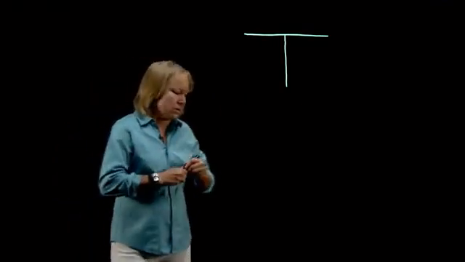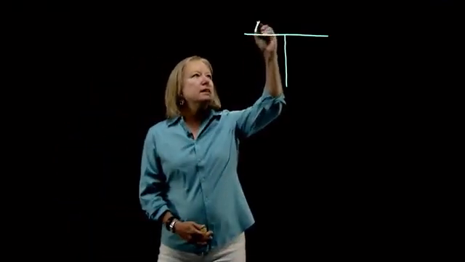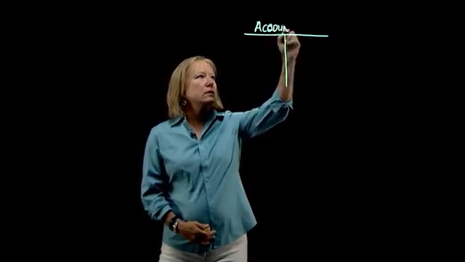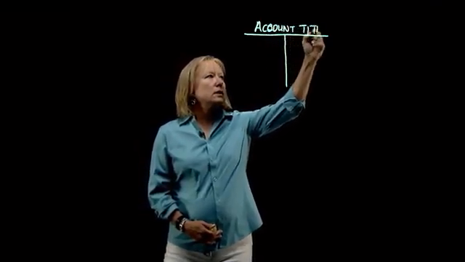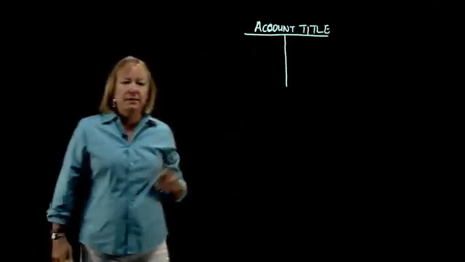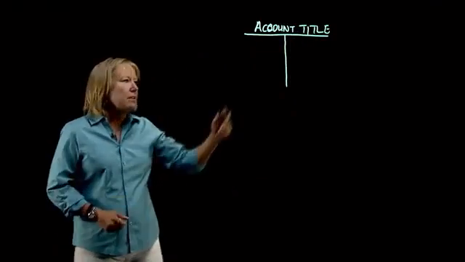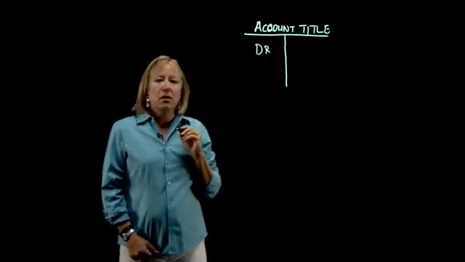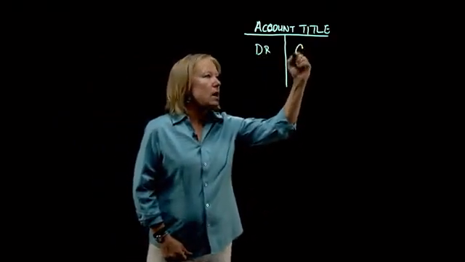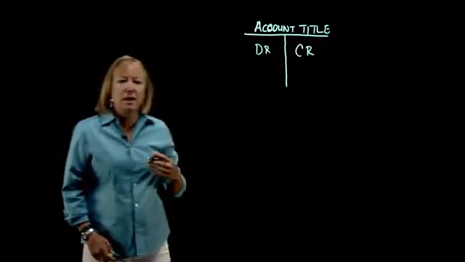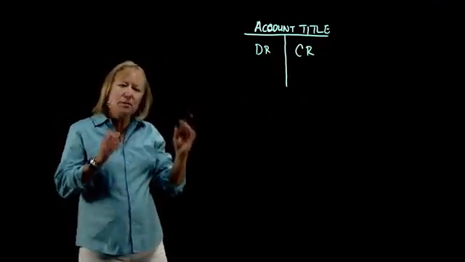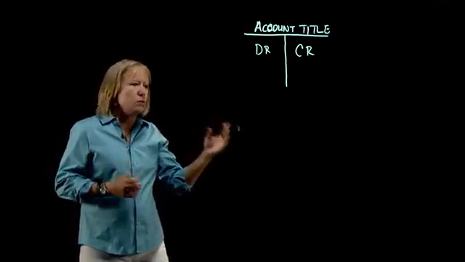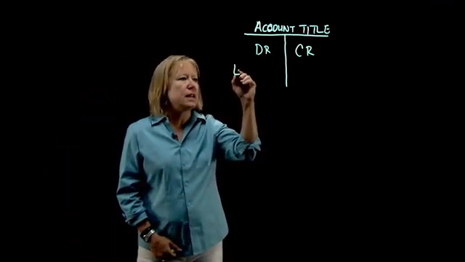In a T account, what we would see is the account title above the T, and then left side entries into this account would be called a debit, and a right side entry into the account would be called a credit. Those terms are a bit difficult to understand, debit and credit. So what I like to do sometimes is just say